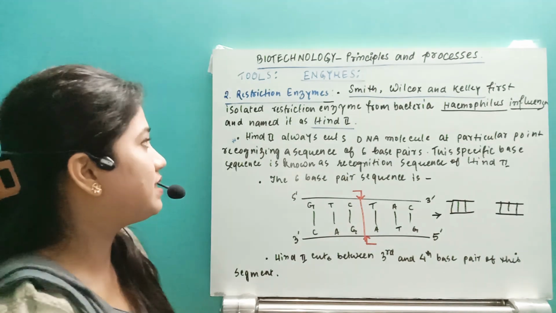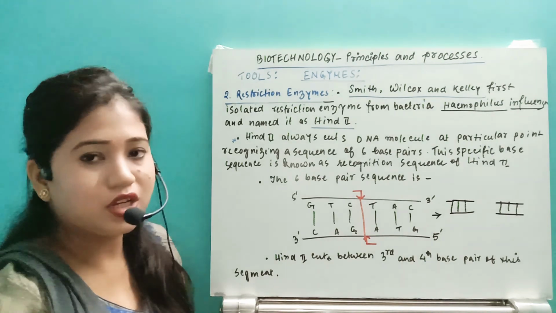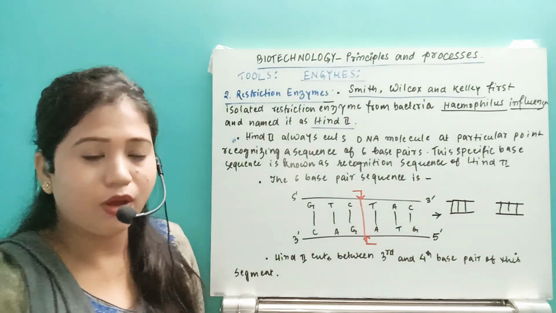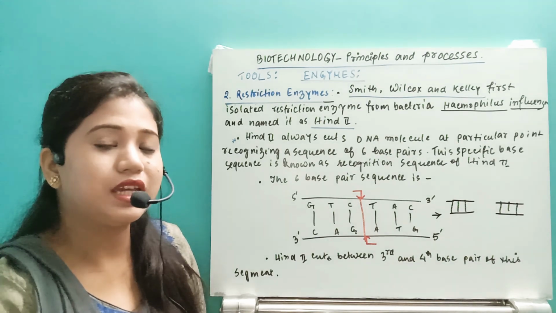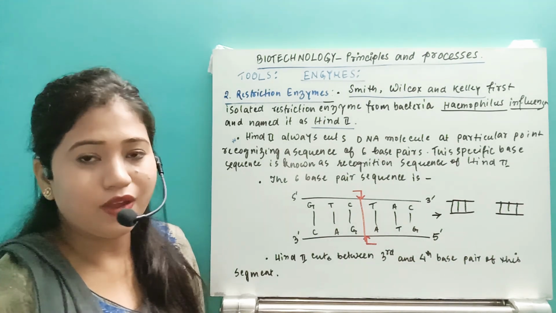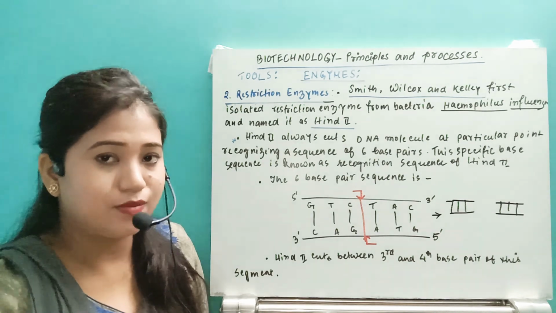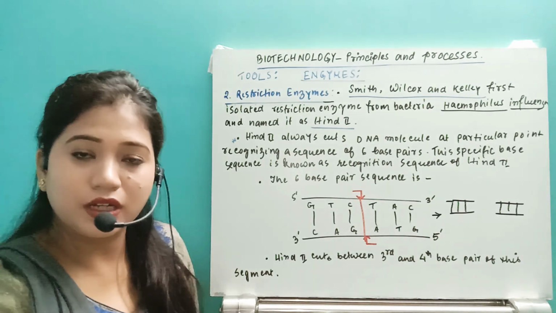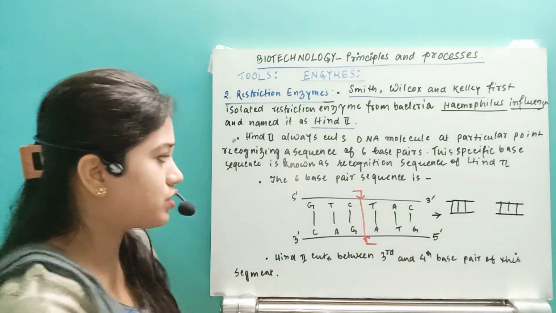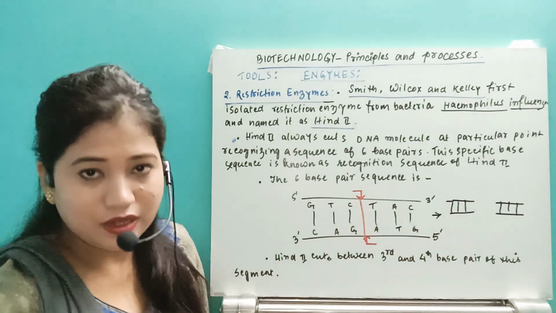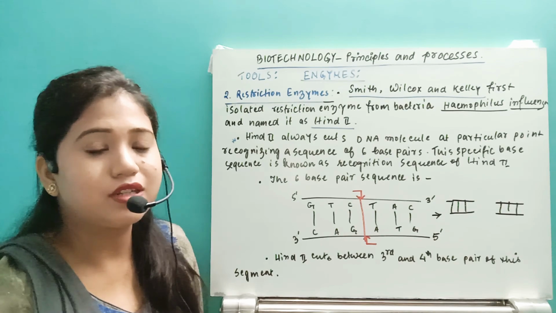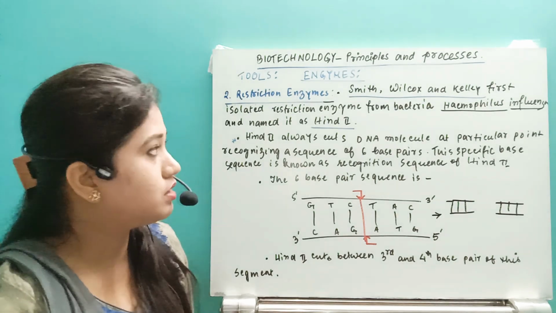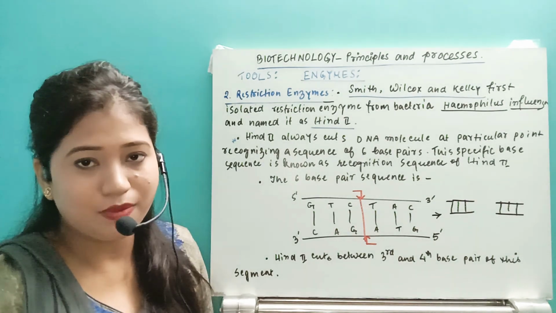So this way we see the restriction enzyme. This is all about the restriction enzyme. That's all about the video. In the next video we will see in detail how the different restriction enzymes work, what the nomenclatures are, and also some of the base sequences, recognition sequences, and in which region they will cut. Everything we will see in the next video. Till now I hope you understand this part. Thank you.